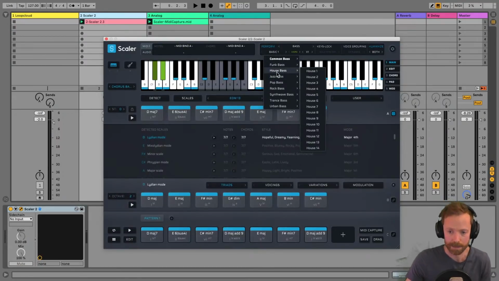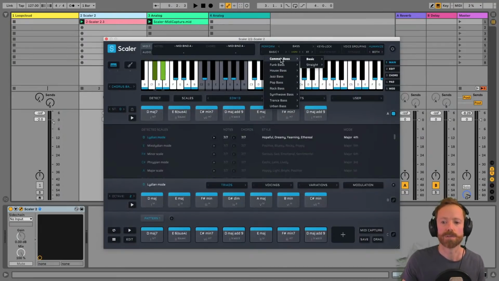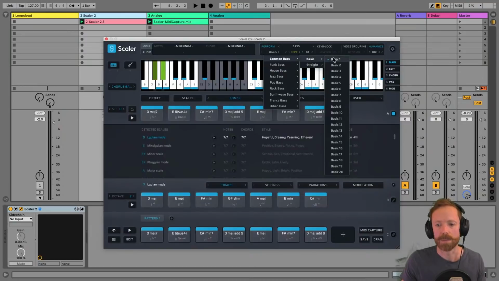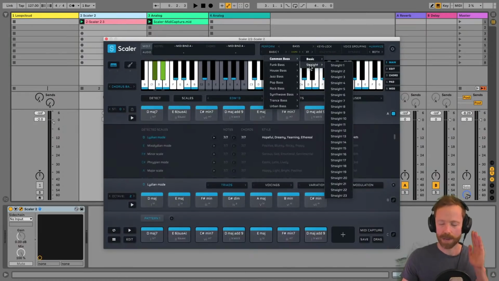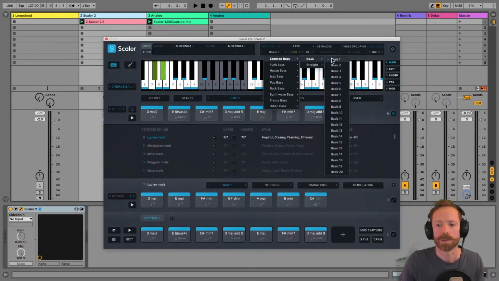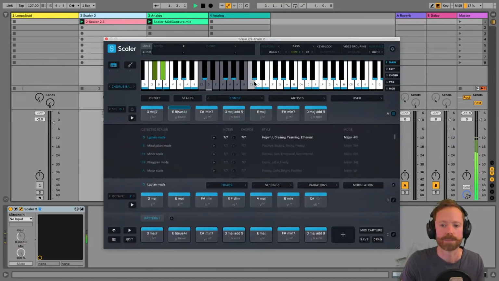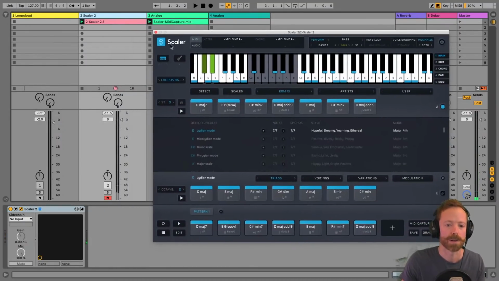And in there now you've got different genres, which is awesome. So we could go for house or something if we wanted to make it EDM-y, or we could just go for one of the 2 straight up modes. These basics are quite a little bit bouncier. They go up and down through different notes a bit more, whereas the straight is really just playing that root note in different patterns, which is really cool. Let me just play through a few of them. Let's help if I soloed Scalar again.